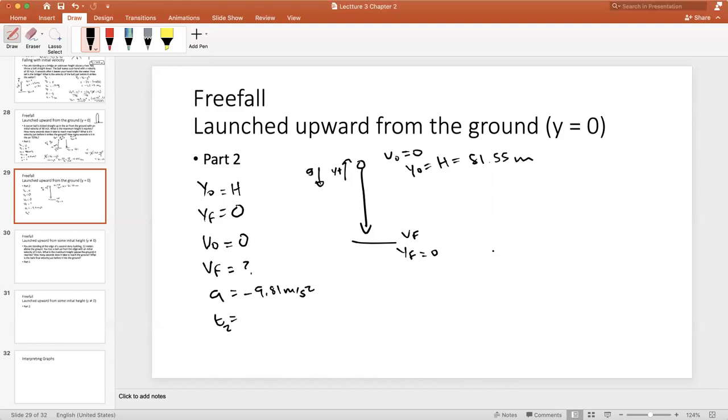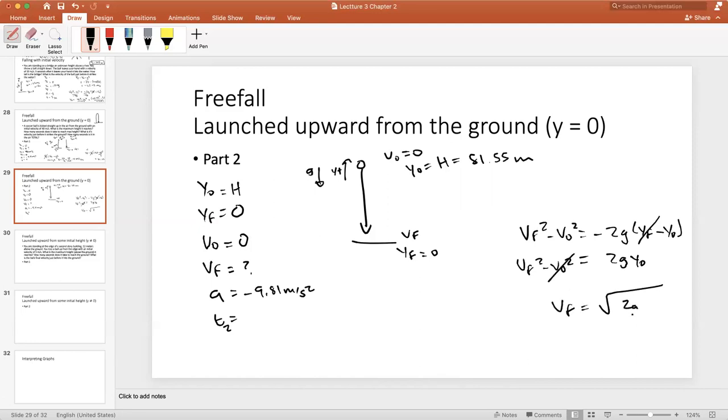So what can we do? We know v final squared minus v initial squared is minus 2g times y final minus y initial, and this is 0. So this is 2g y initial, or h. V final squared minus v initial squared, but this is 0. So v final is the square root of 2g y initial, which is 2 times g times h, is 2 times 9.81 times